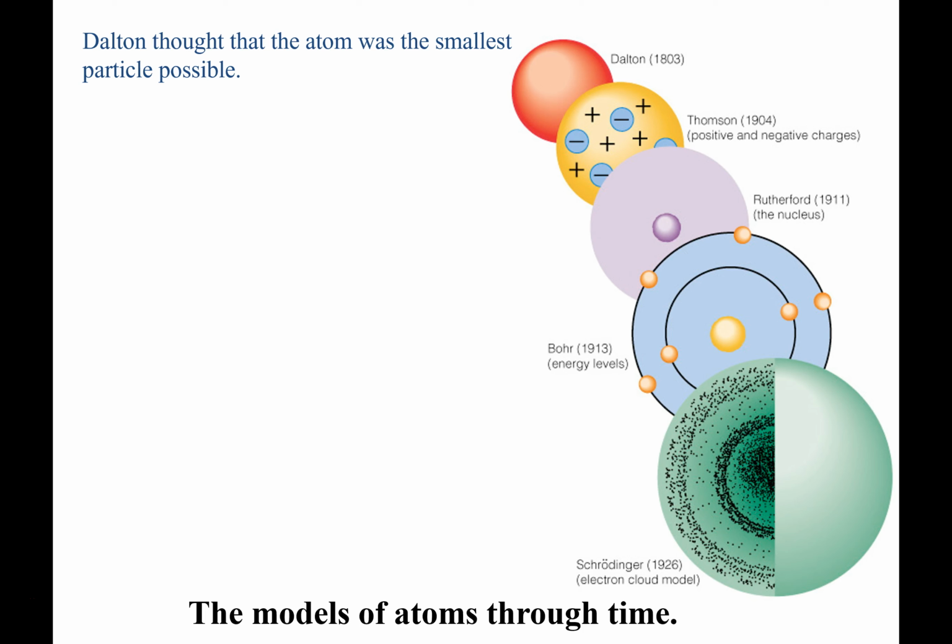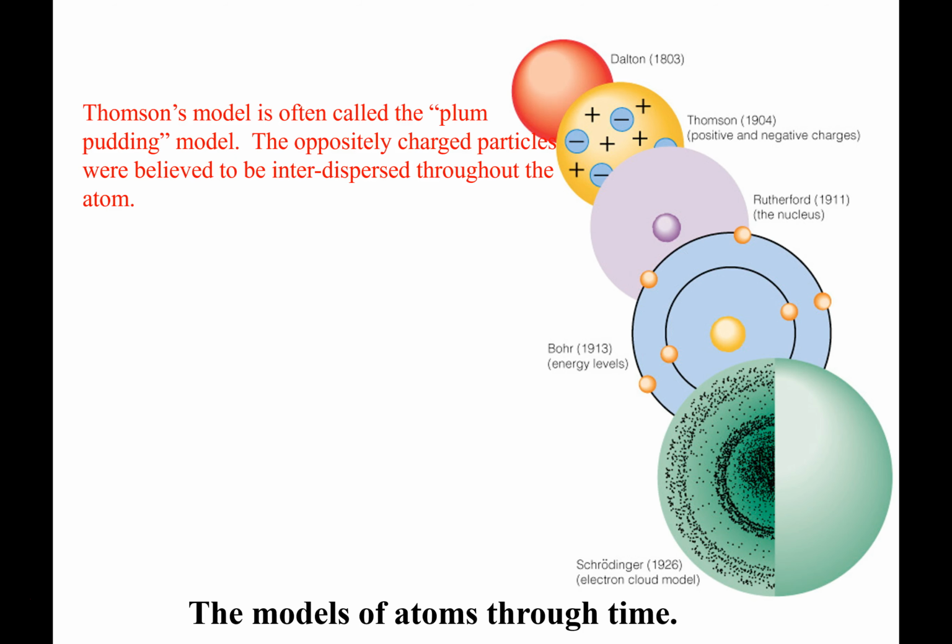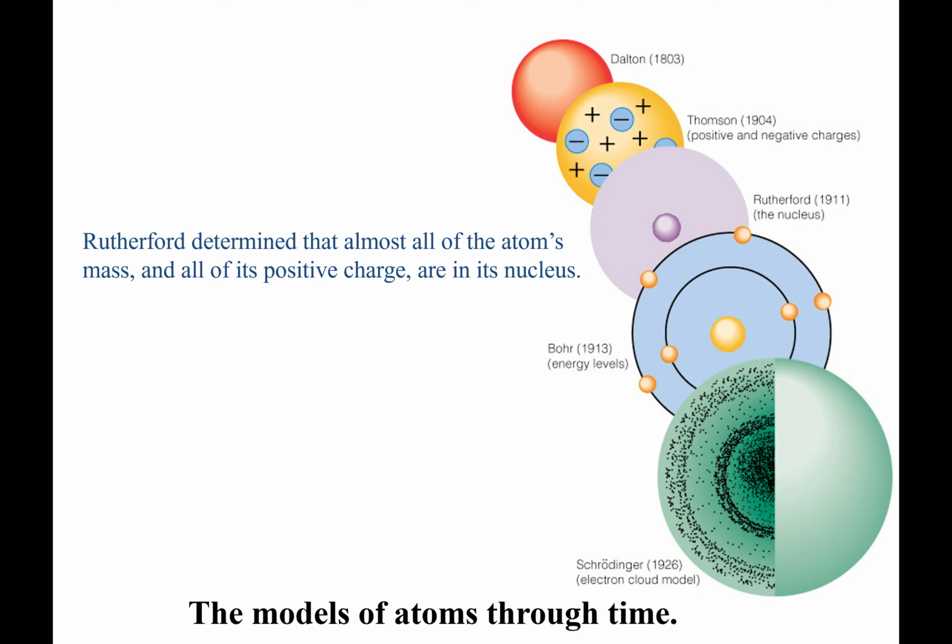We're going to take a look at it. He said that all matter is made up of cute little things called atoms. Notice that the words kind of go along with the pictures. The yellow picture is Thomson's model, and the difference between Dalton and Thomson is that Thomson recognizes there are positive and negative pieces to an atom. It's called the plum pudding model; he thought they were all dispersed, whereas now we know that the protons are in the center of the atom and the electrons are outside, in an electron cloud.